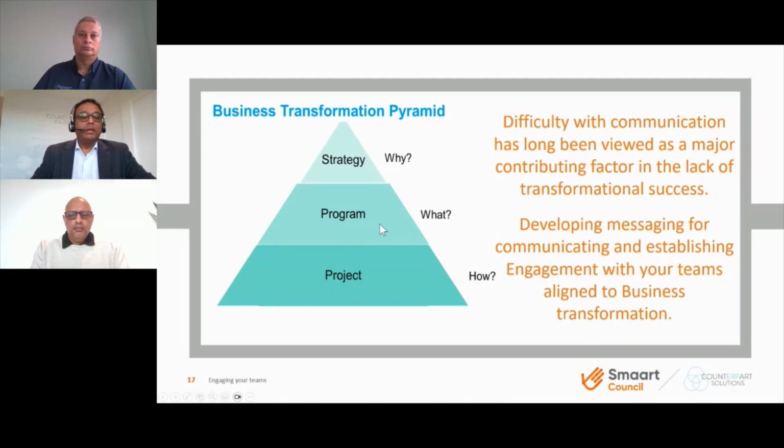They understand, okay, we are doing this process now, but if you wait for another 6 months, when the entire solution is implemented, they get the full benefit. So at a program level, we will answer what and when things are going to be implemented or done as part of the transformation. And at the project level, how are we going to implement this transformation? It involves the implementation aspects or the actions, process, and technology.